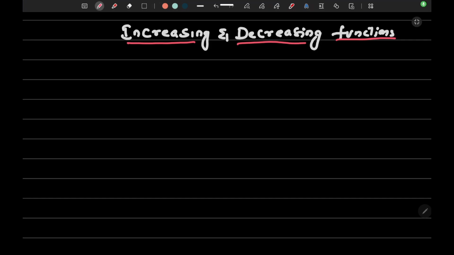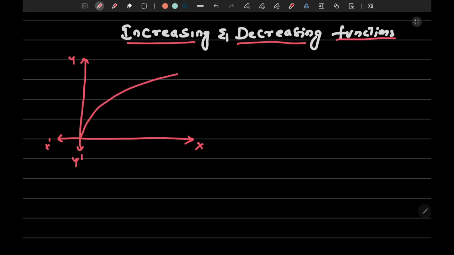Today we'll discuss increasing, decreasing functions. Here increasing function means, for example, you see the curve on the x-axis, y-axis, x dash, y dash. When you are taking the curve, this curve is continuously increasing, and the second one is